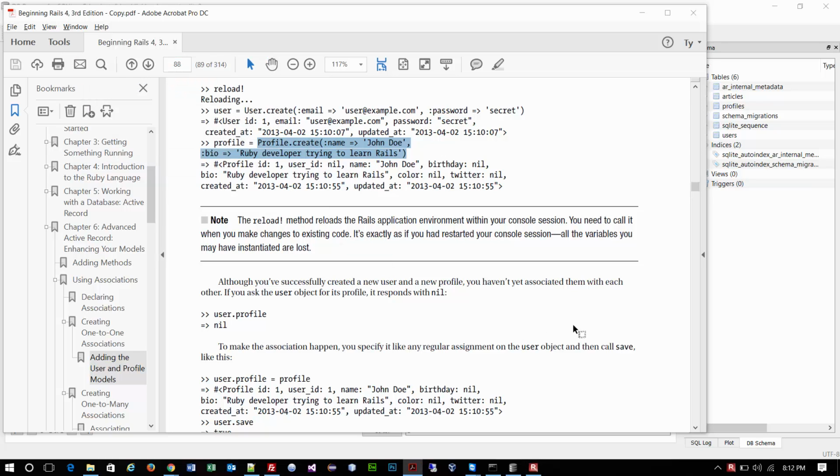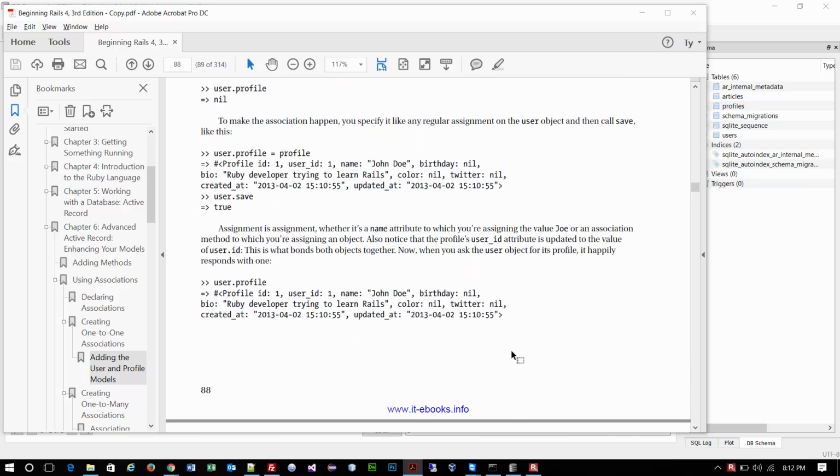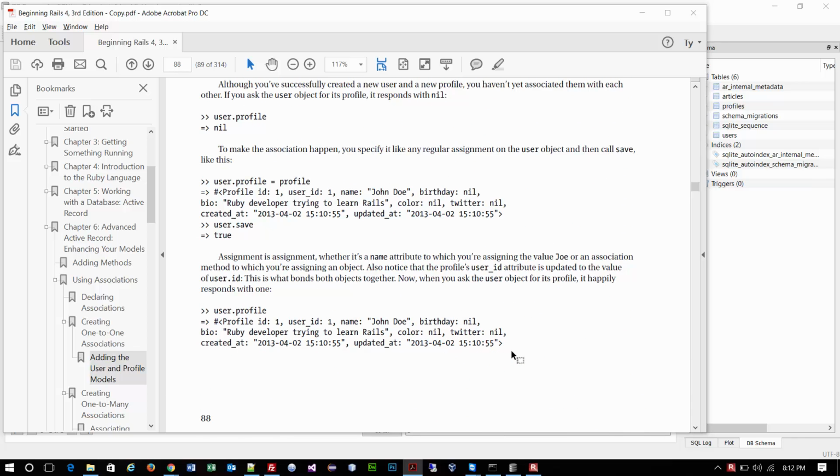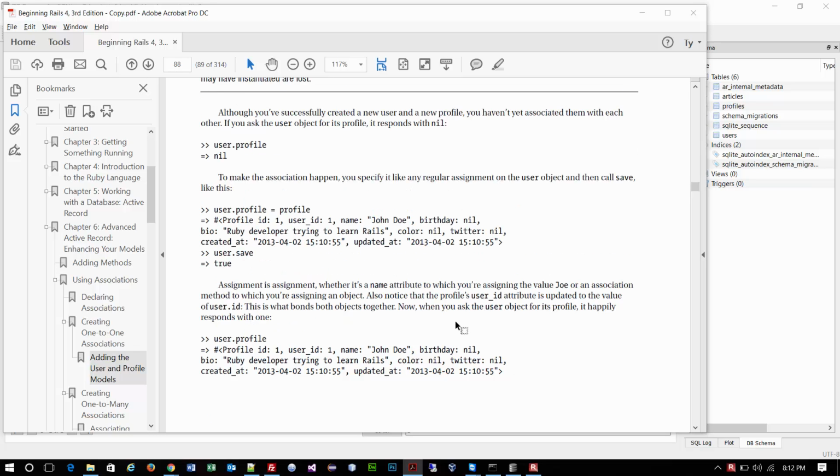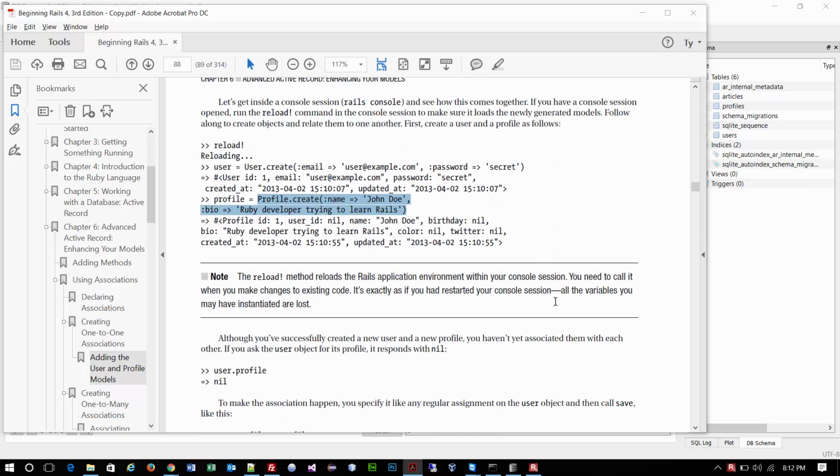Hello, we're going to pick up this week where we left off last week, and we were on Chapter 6, page 88, and we got to the point where we were trying to run some of these commands, and they weren't quite working for us. What we did manage to do before we quit was basically create a user